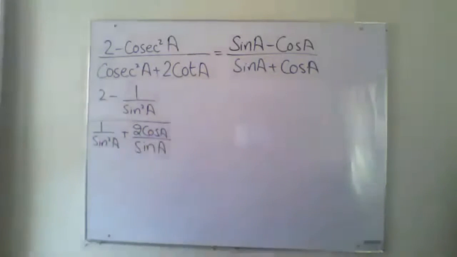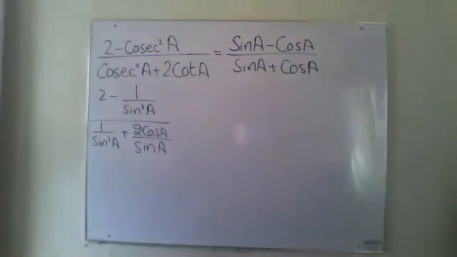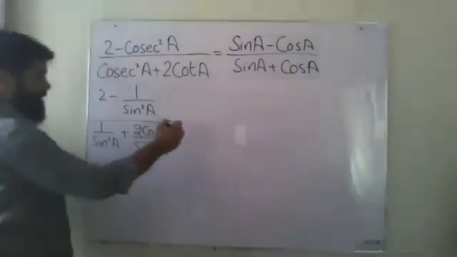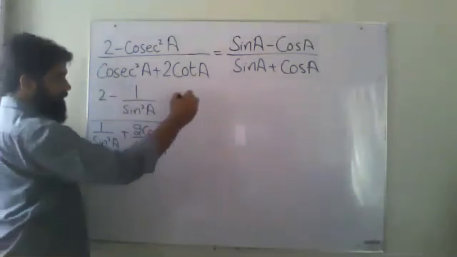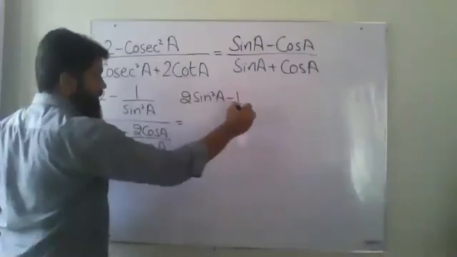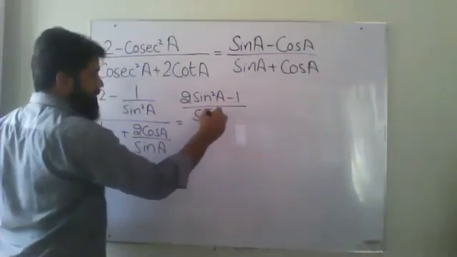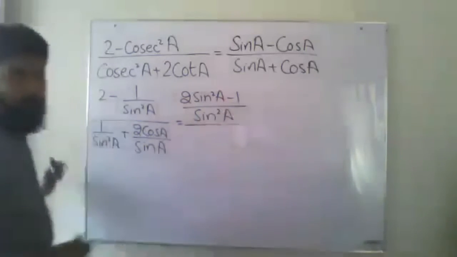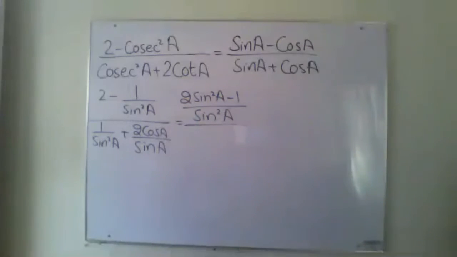After this we are going to do the LCM. What will be the LCM of this one? 2 sine square A minus 1 over sine square A upon